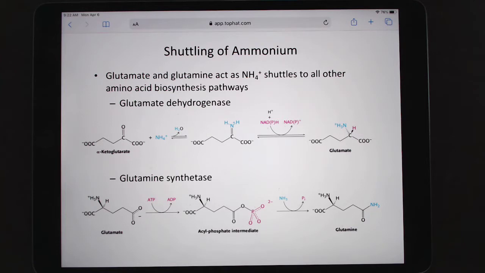Okay, so once the ammonia is made, we don't want ammonia flying everywhere within the cell, because it can react with pretty much any free ketone or free aldehyde that's in there. So it could react with the glucose in the molecule. That's how they make the caramel color for Coke and Pepsi soft drinks. If you're cooking, it's the amine from amino acids reacting with the sugars to do the Maillard reaction,